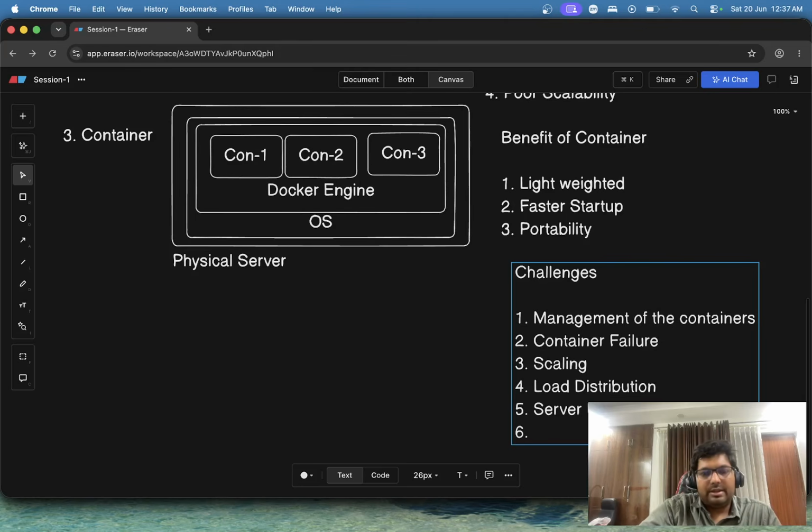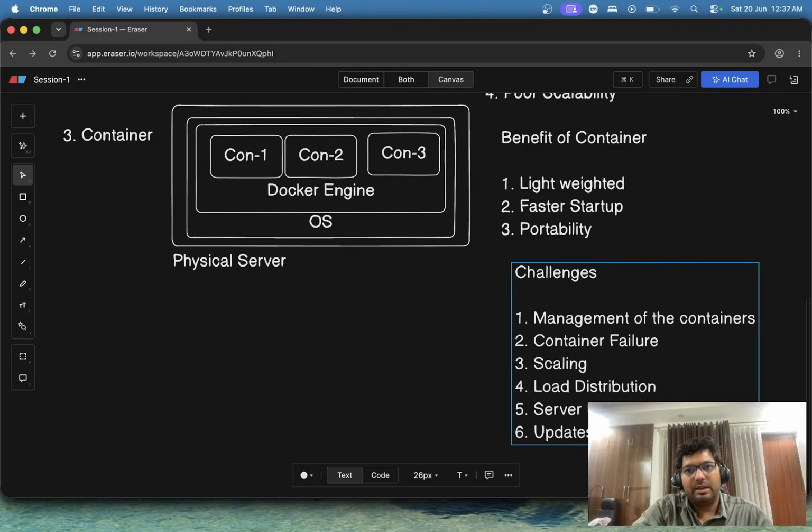The next challenge that we faced in containers is, suppose we need to update the application with another version. How do you deploy it without affecting the end user? Downtime is unacceptable for a production application. So we face updates as another challenge. So in conclusion, I would say containers solved many virtual machine problems, but managing containers